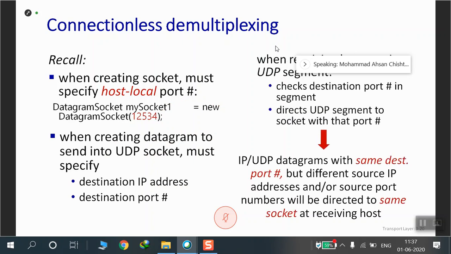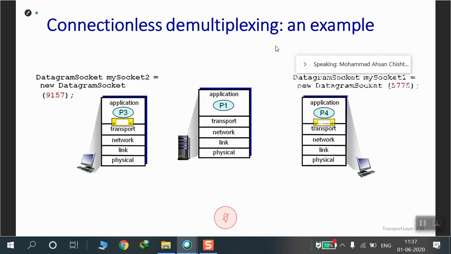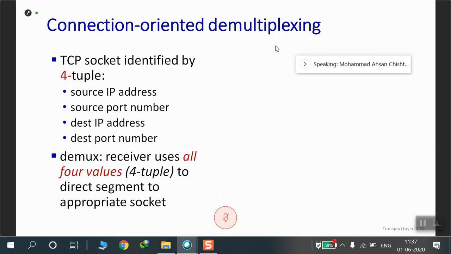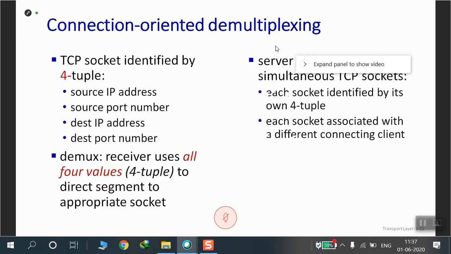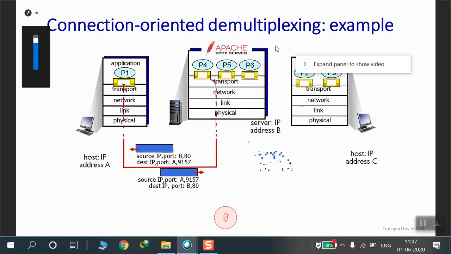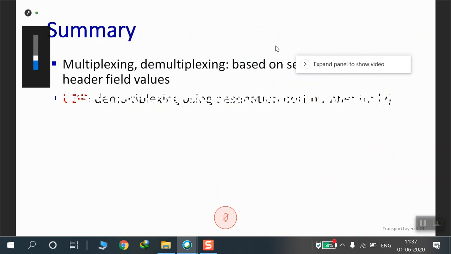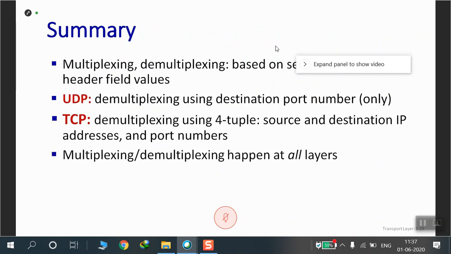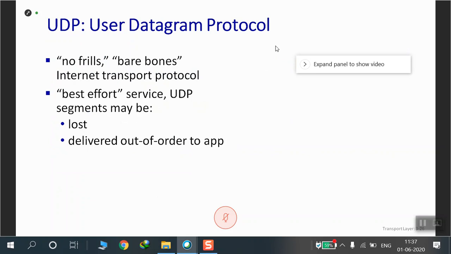We'll take up what connectionless is. Let's first take UDP, that is user datagram protocol, and first try to understand what UDP is. Now, UDP says that